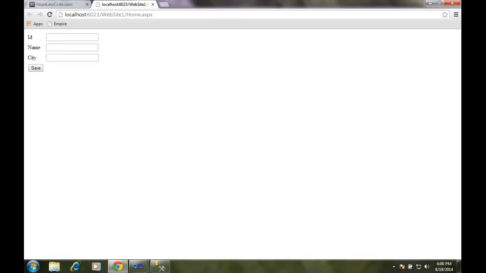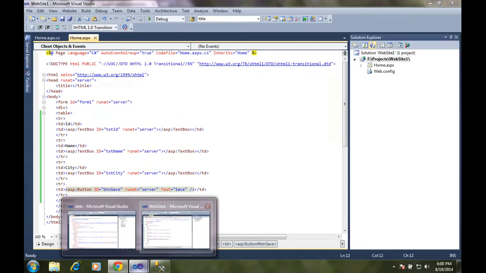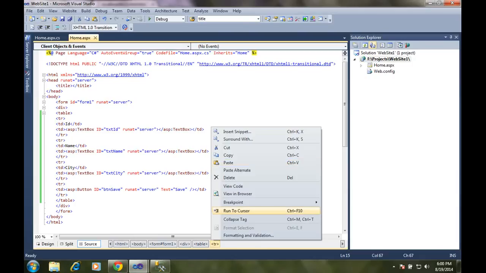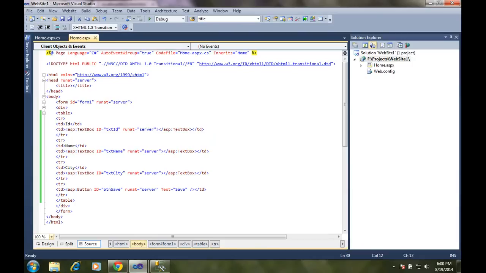See, ID came, name, city and save. Now when you enter these values and click save, it should save into the database. Just right click, view code, otherwise design.